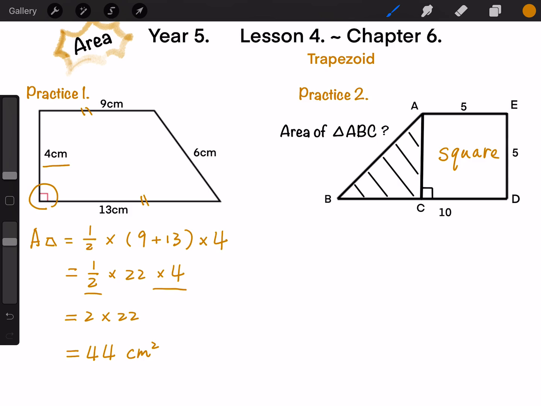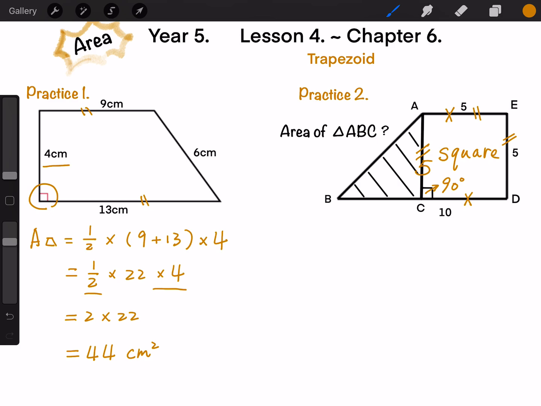For AEDC, adjacent sides are equal in length. Opposite sides are parallel to each other. Meanwhile, the vertex is 90 degrees. So AEDC is a square, which means the height of this trapezoid is 5,